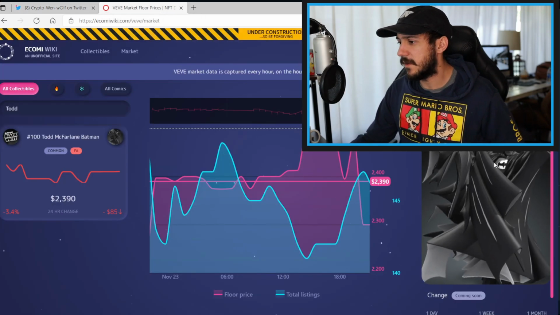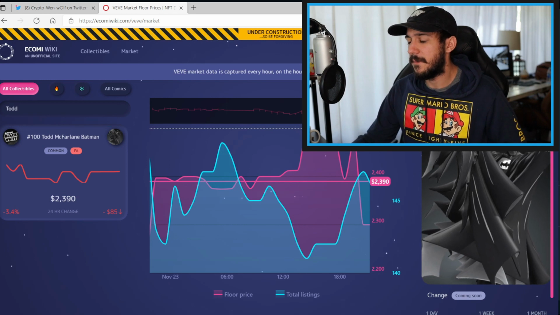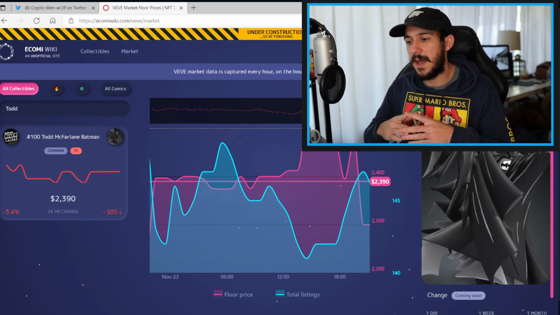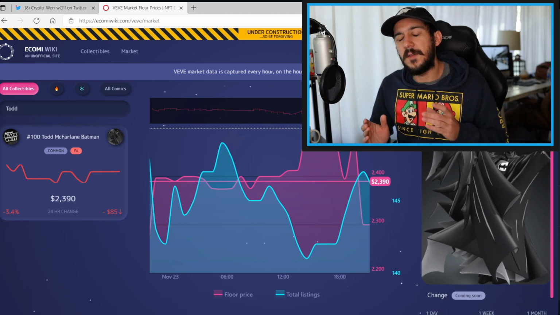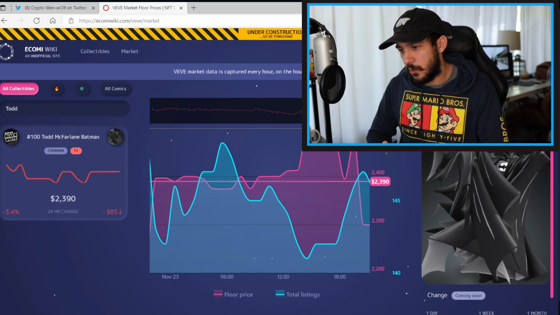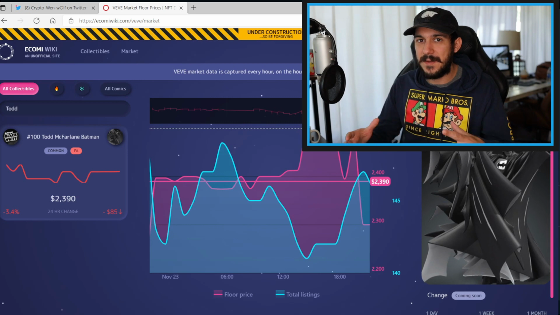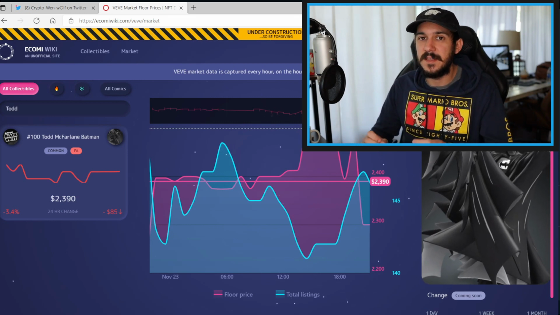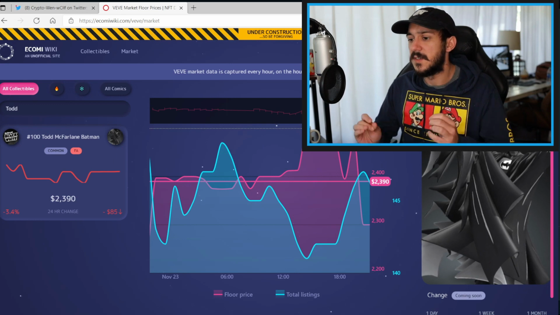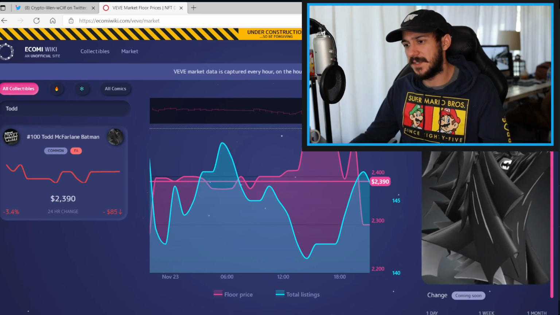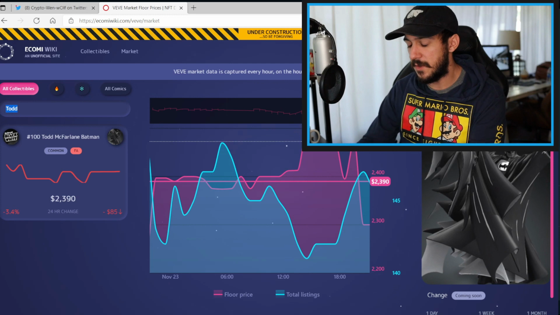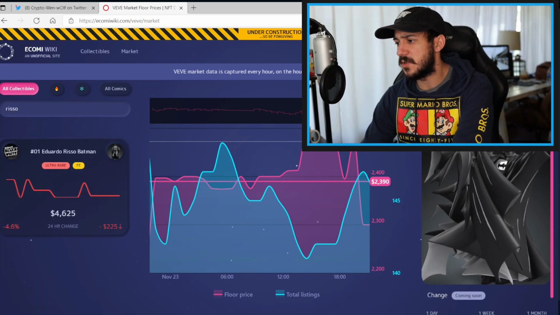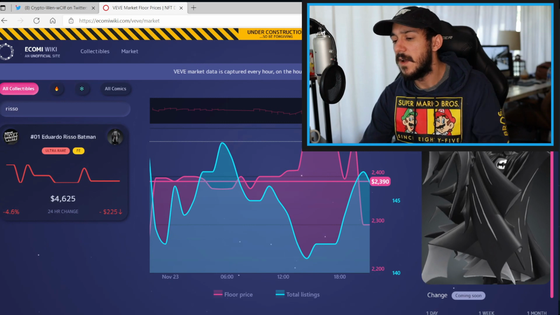So we have Todd McFarlane Batman. Todd McFarlane Batman was the FA Batman, meaning he was the first time that Batman ever appeared. Now, although this could be a bit of a tricky example because there are other Batmans in the same series as Todd, they still chose Todd to be the first ever Batman. So with the other Batmans in this series, let's take Rizzo for example. Even though Todd was common and Rizzo was ultra rare, they still chose Todd to be the FA, whereas Rizzo,